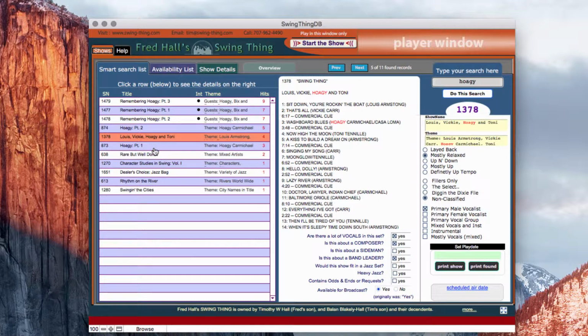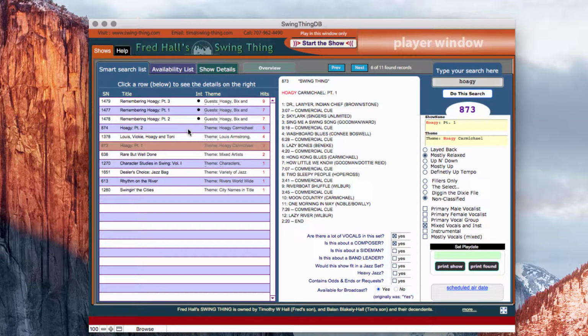Once you've selected a show down here, like I'll just choose this one, you just click on Start the Show up here. So you can see it comes into this player right up here. Now if I were to leave this playing,